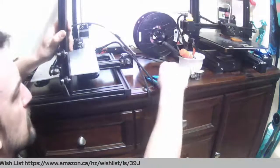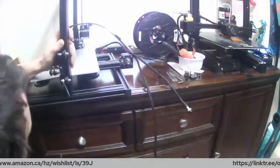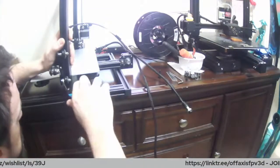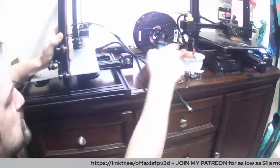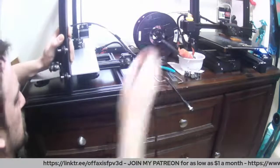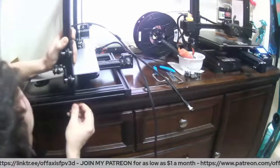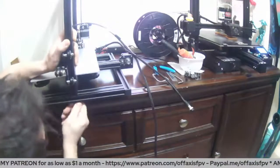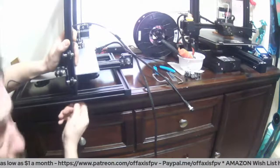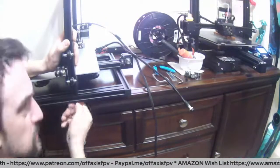again, another side here that has the Z held up. Now that I've taken that one off, it's a little looser. Just gotta be careful not to let it slide down. Bring it up, get all these screws both started